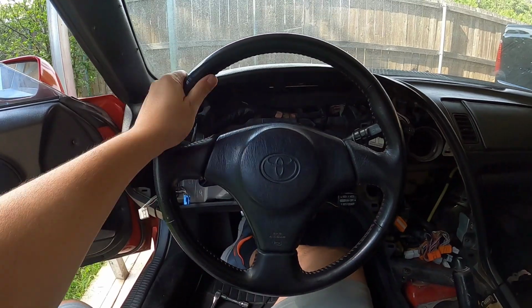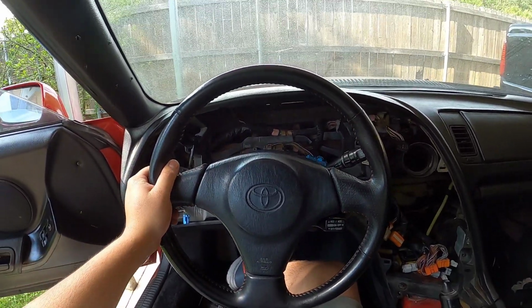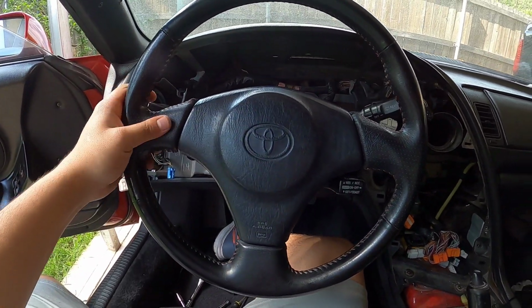And there we go, boys. Just like that, we have a nice 1998 model Supra steering wheel. Damn, honestly, I kind of like this more than the one that's in my car, but all right, I'll tell y'all, I actually did try to put this in my car, but it didn't go too well. She wanted it, so